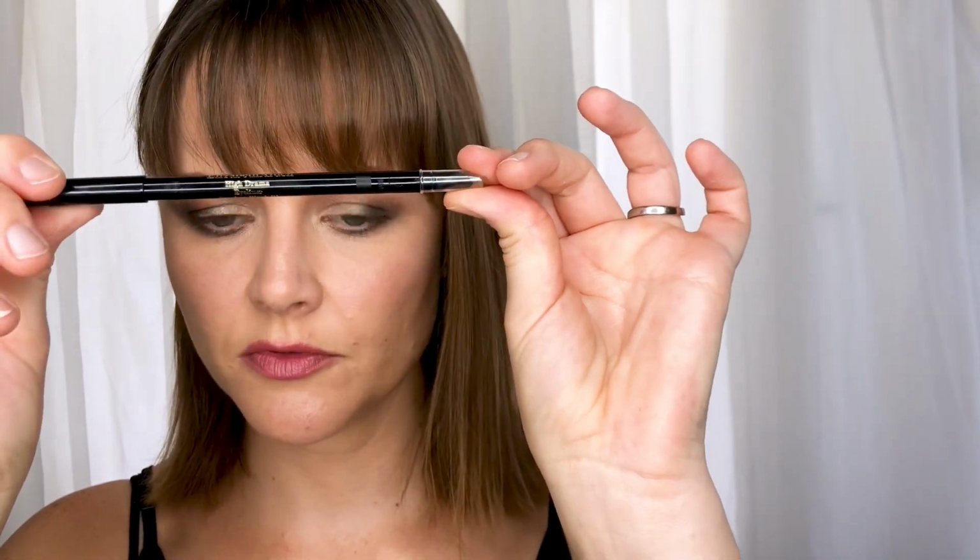Let's see. Then I'm going to come in with some eye pencils, also from Elizabeth Arden. This is their High Drama eyeliner in smoky black. Really love these pencils. I've actually featured these pencils before, and what I love about them is just how long lasting they are. So you apply them, you've got to work with them fairly quickly, and then they stay the whole day. They don't transfer, they don't smudge,